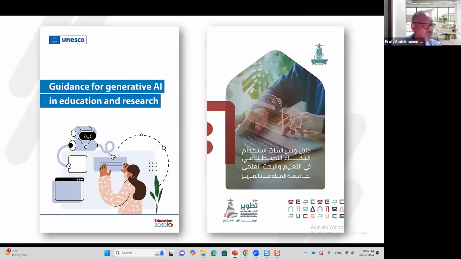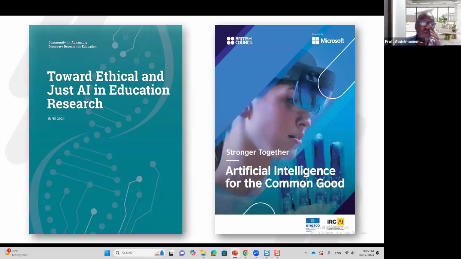And then I flashed these two documents. I said UNESCO has already issued guidance for generative AI in education and research, addressing the ethical aspects. Also, King Abdulaziz University issued a guide and policies for the use of artificial intelligence in scientific research and education. And Microsoft, with the British Council and UNESCO, issued Artificial Intelligence for the Common Good.